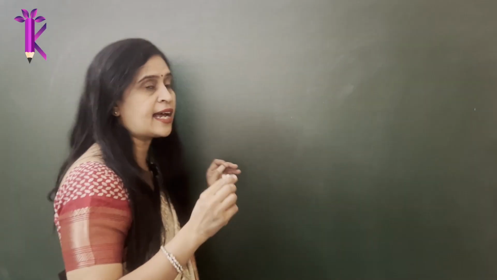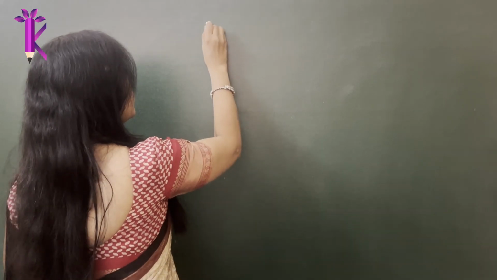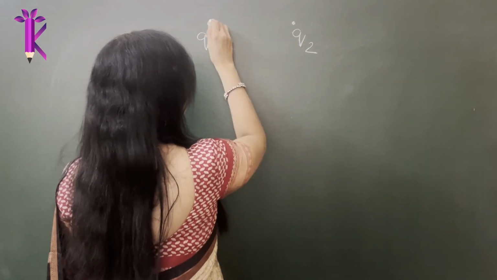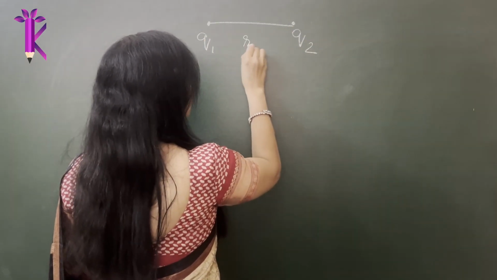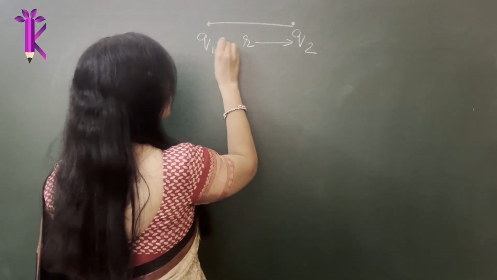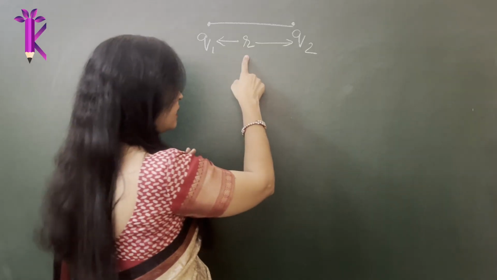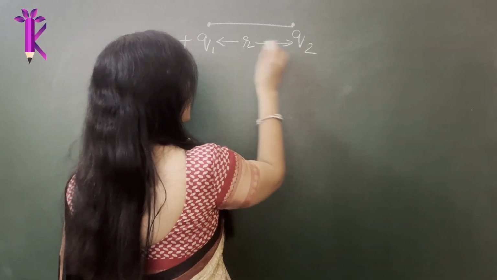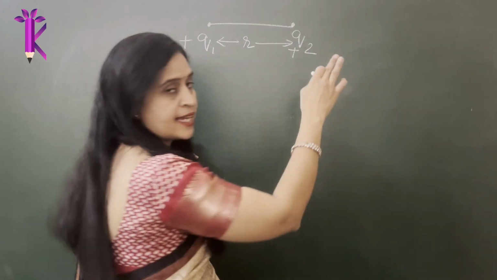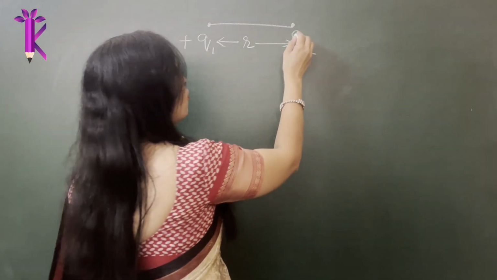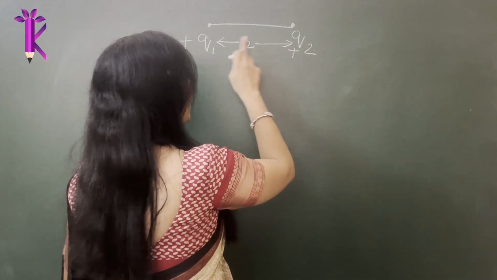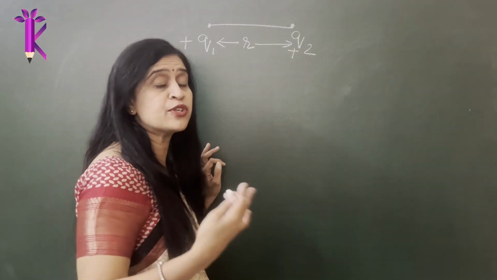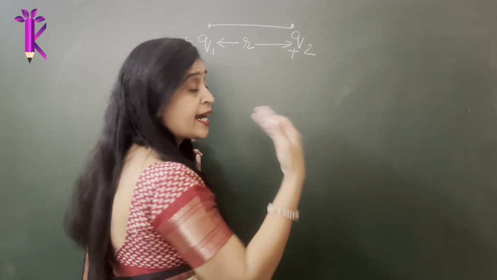What I want you to understand is, we learned any 2 point charges Q1 and Q2 were separated by a certain distance, right? Generally we only refer to this distance of separation as r. Now assuming these two are positive charges, obviously there is going to be a force of repulsion. So what is the force experienced by Q2 on Q1? Is it just F, or do you have to use some other notation? And where does it point?